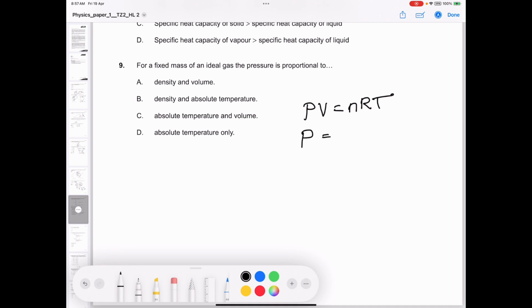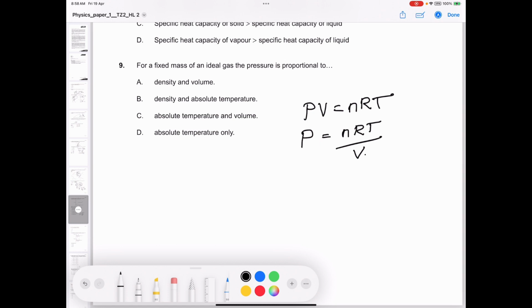So we can say P is equal to nRT all over V. So we know immediately that pressure is proportional to absolute temperature. By definition, in this formula we have to use absolute temperature, so it's not going to be A, it's going to be B, C, or D. Alright, so is it proportional to